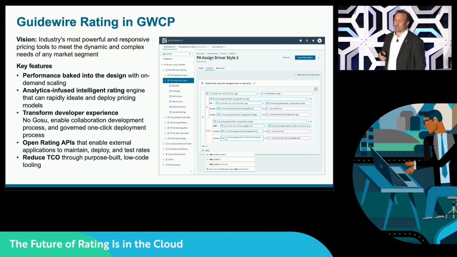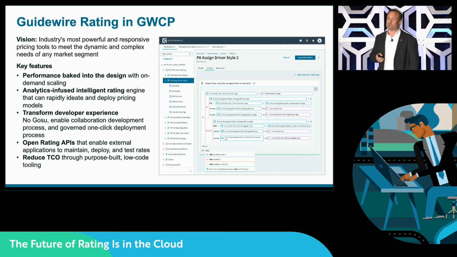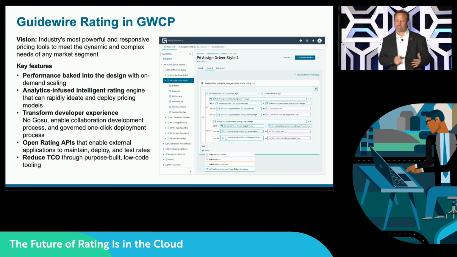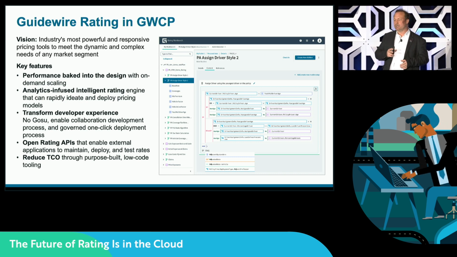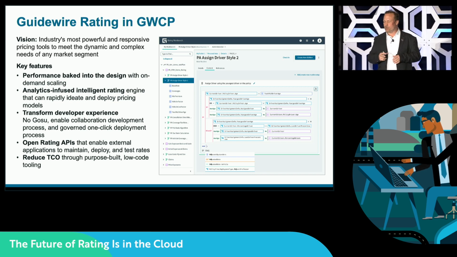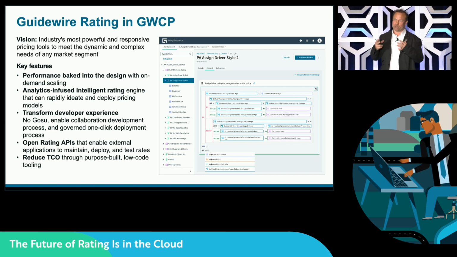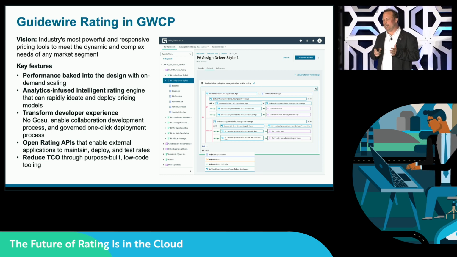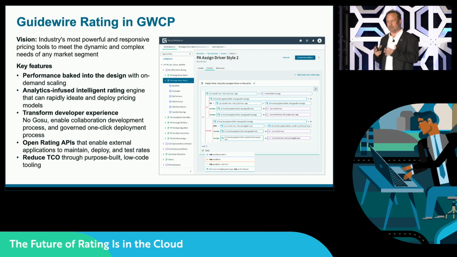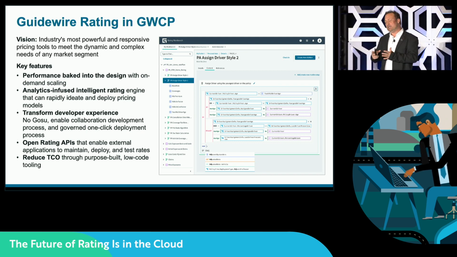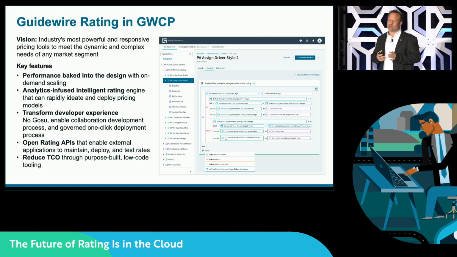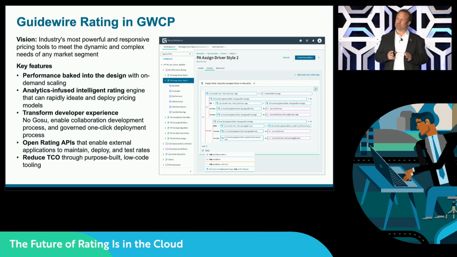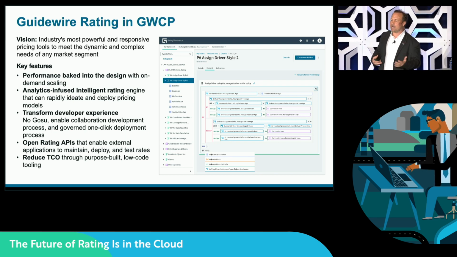Secondly, we've got this idea that analytics is important throughout the process. And when we talk about analytics, we start with the pricing side, and we're looking at our Predict group, and those folks are building a tool called Tune, or that's the code name of it. That's going to have machine learning and actuarial models, whatnot, built in. And then as we look towards the workbench itself, we're going to have analytics built into the workbench so you can tell who's using what and how. And we're also going to have downstream analytics for default dashboarding. So stuff like quotes,